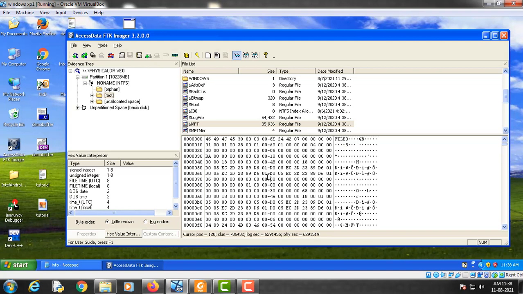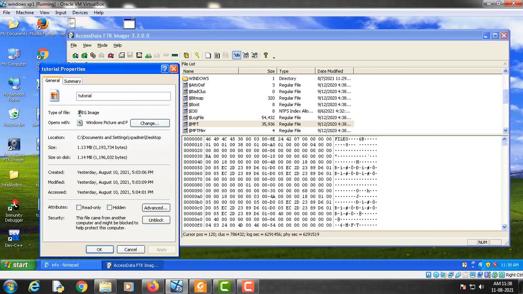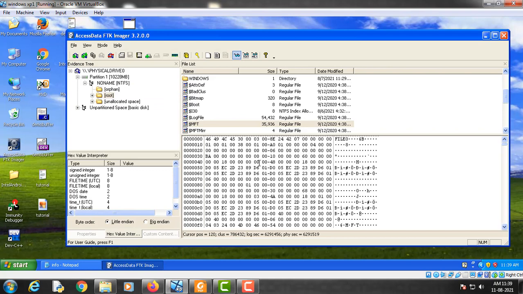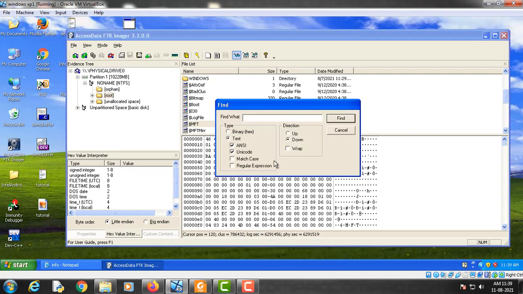So for this, first of all, let's search for tutorial.jpg. It's a jpg image, so we will search for it in the master file table. So right click and click on find, click on text and search tutorial.jpg.